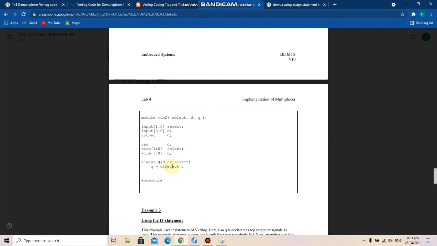If we go for selection 1, then we will see 1 in the bracket, and D1 is input 2, so the output will be equal to input 2. So this is how this code is working. Now let's implement it.